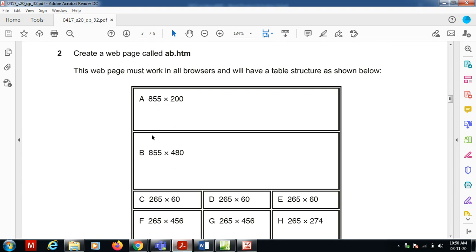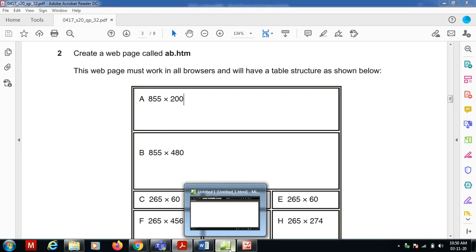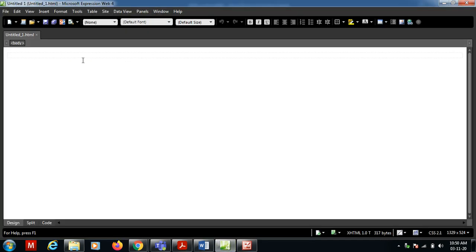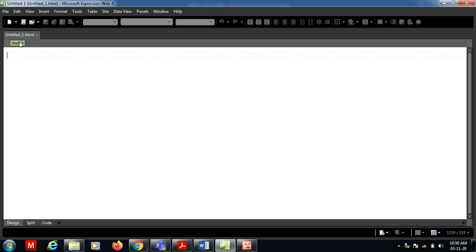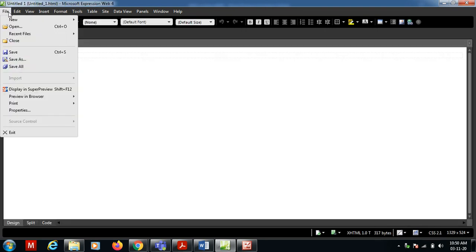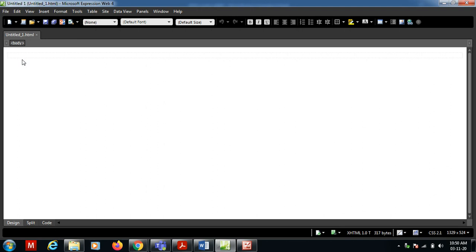Now create a web page called ab.htm. So here we are going to create, we are not opening anything. So when I open Microsoft Web Expression, already there is HTML file. I can rename this, or I can just go to a new name. The same thing will happen. I'm just showing how to take a new file. So if I come to this section, I will get a lot of varieties of different types of pages. I'm going for HTML, so I have to click on HTML, and then again I'm going to save it as